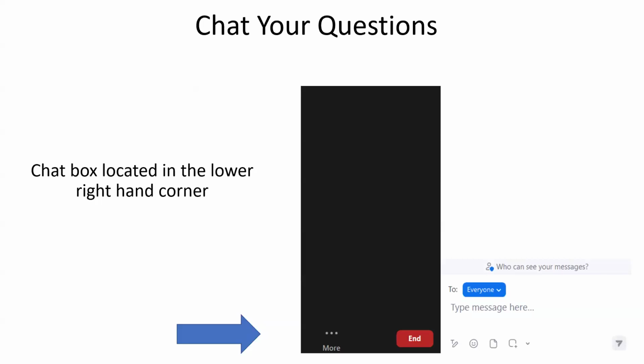So first, I want to tell you a little bit about who we are. My name is Faith Steele, and I'm with the National Network of the Libraries of Medicine, Region 1. If you're not familiar with us, we'll go over here a few minutes to tell you about who we are. We'll also be using chat for the questions today. So if you have any questions, feel free to chat them anytime during the presentation. We will allow time at the end for any questions. So we should have plenty of time. Feel free to put them in at any time, and we will make sure that we get your question recognized.